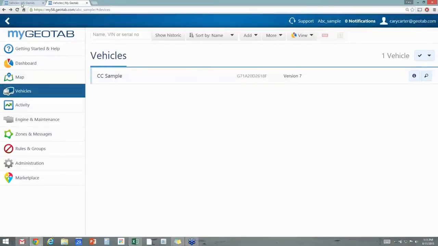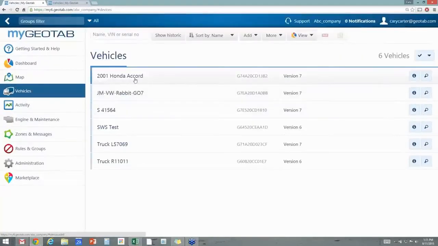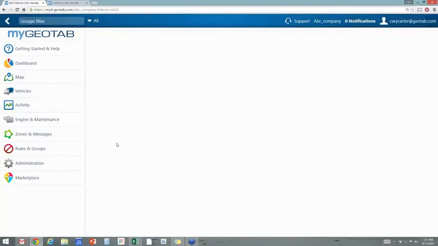And what I'm going to do right now is I'm just going to flip over to another database so that you can see a sample of some vehicles that are already populated and being used. Okay, so here's some right here. I'll just make this a little bit bigger and you can see it again. So you have 6 devices here, 6 vehicles here. They've been named accordingly. I can follow them, I can click on them, and it will take me right into